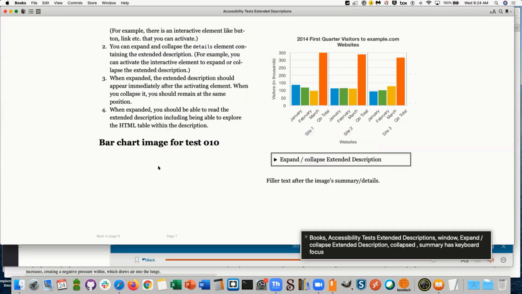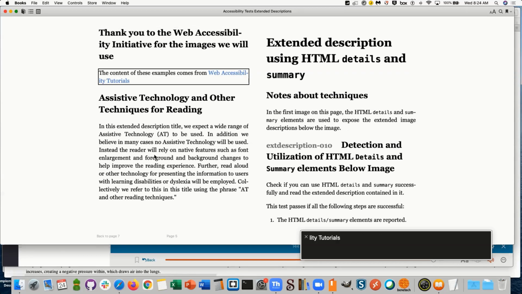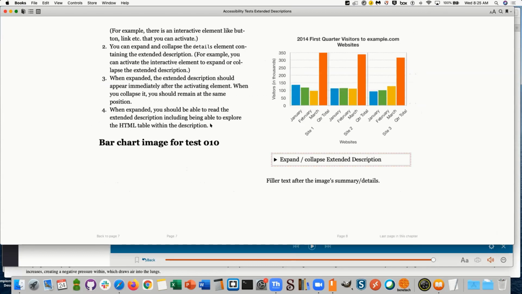Books, accessibility test. Now, Books and VoiceOver, surprisingly enough, don't behave very well together. And hopefully I can show this. I might have to turn off VoiceOver. Okay, yeah, there you go. Let's try this. Heading level 2, the link. I'm going to move down to the image where I was. It just jumped me back to the beginning. Actually, you know what? I'm just going to turn VoiceOver off. It's not worth it. I'm going to go over here.